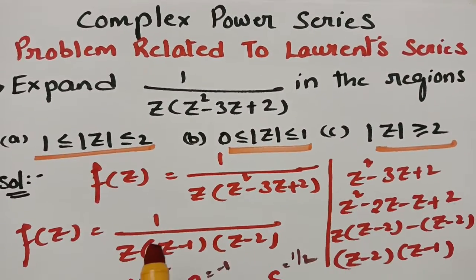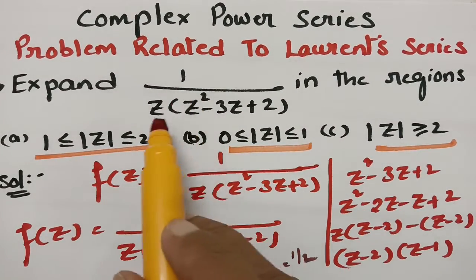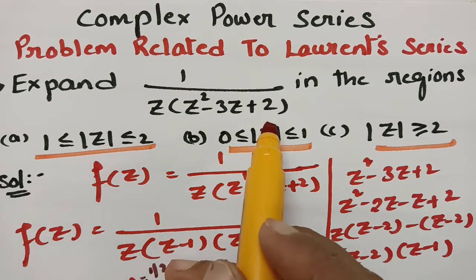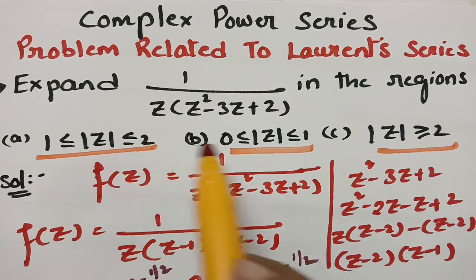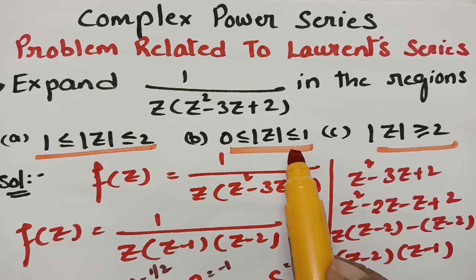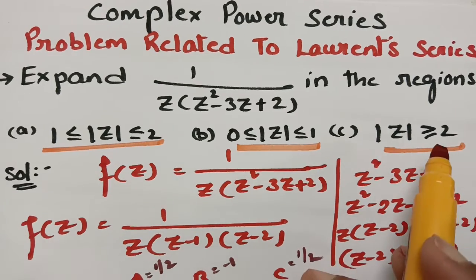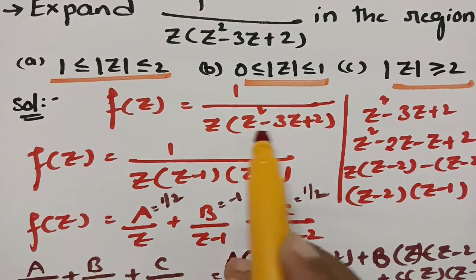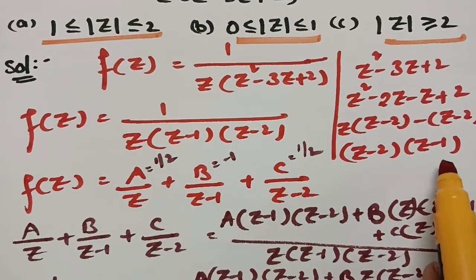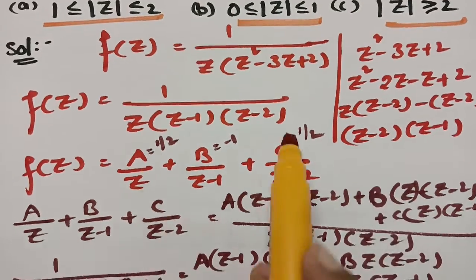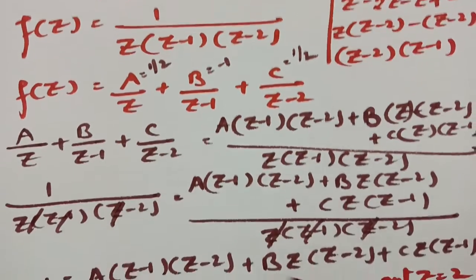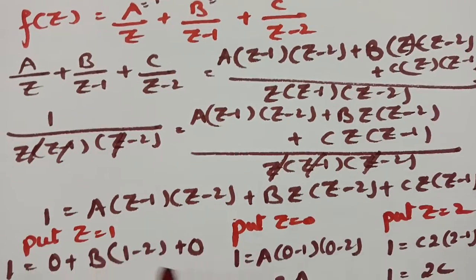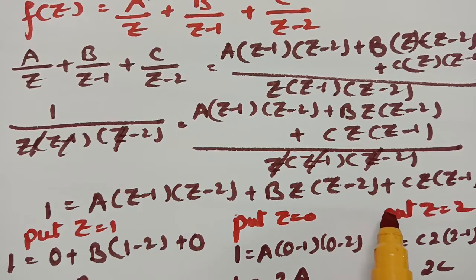See here, in this question, what is given? We have to expand 1 by z into z square minus 3z plus 2 in the regions. First region is 1 less than or equal to mod z less than or equal to 2, and the second region and third region. First of all, I am modifying this f of z. After taking the factors, this is z minus 1 into z minus 2, and after resolving into partial fractions, cancelling the denominator and equating the numerators from LHS and RHS,